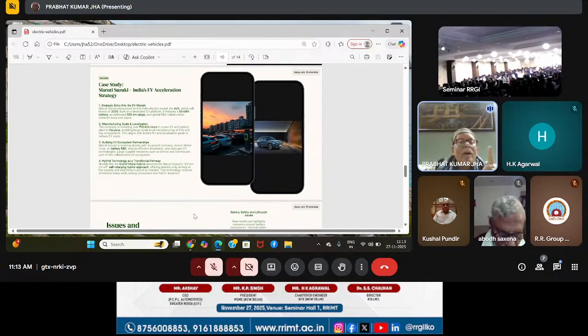Now I will talk about the case study of Maruti Suzuki India Limited's entry into the EV market. Maruti Suzuki announced its first fully electric model, the eVX, which is already in the market in 2025, built on a dedicated EV platform. It features a 60 kilowatt hour battery and an estimated 550 kilometer range. So manufacturing scale and localization,